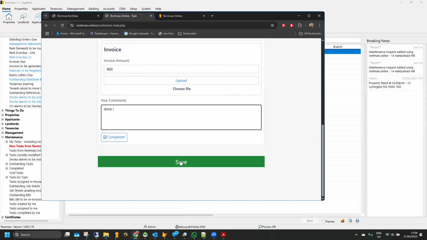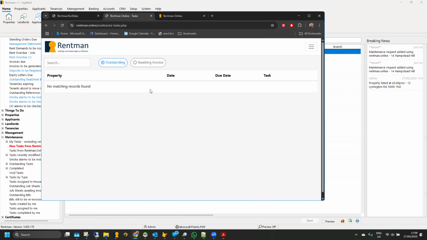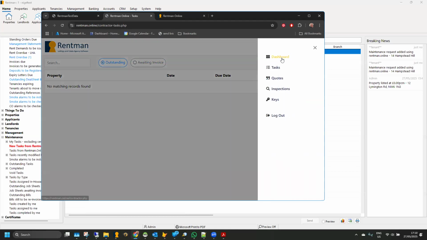So this is the contractor using his phone or his iPad while he's still at the property, should he wish. And he can click save. And there it is. He's got no outstanding tasks because he's marked that completed. But he does have this one that's waiting for an invoice. We put the price in there, but the bill, which has turned into a bill, we'll have a look at that in a moment, but he hasn't submitted his invoice yet. If we go back to his dashboard,